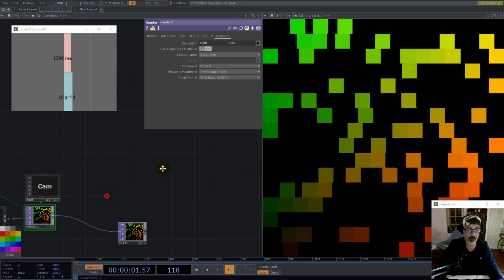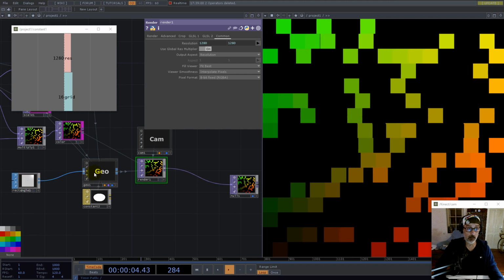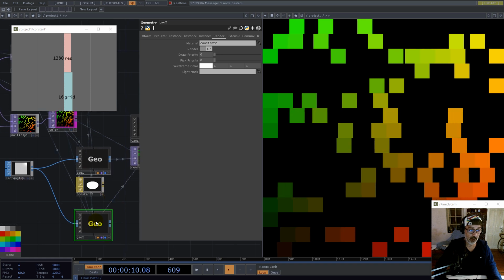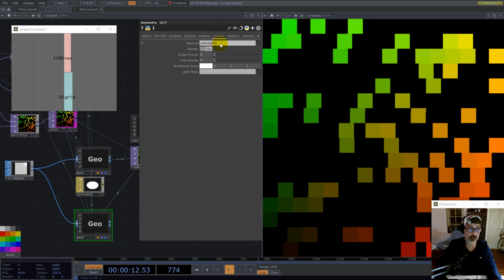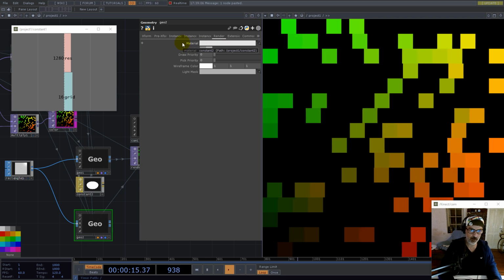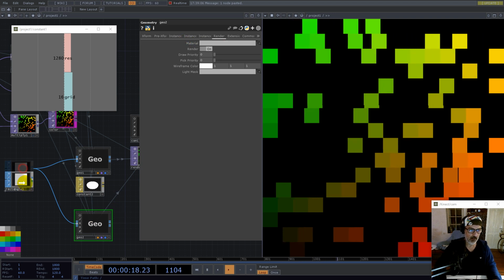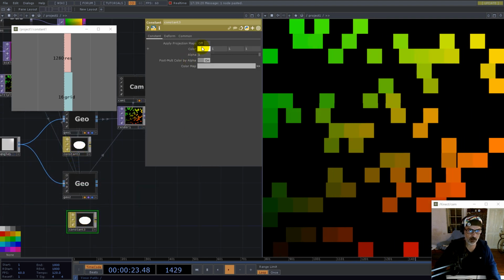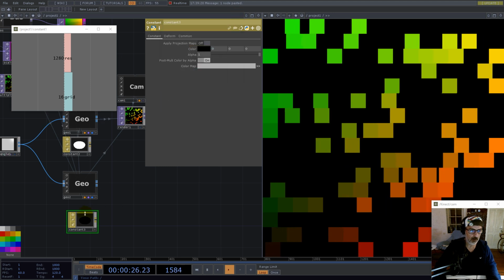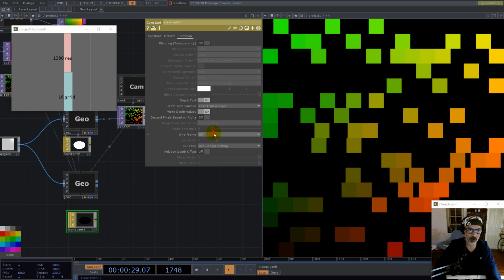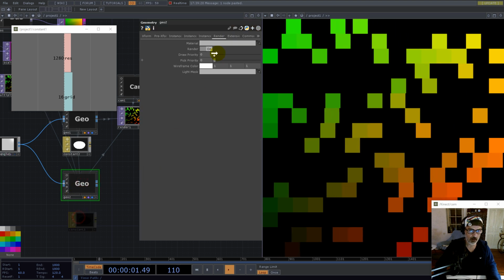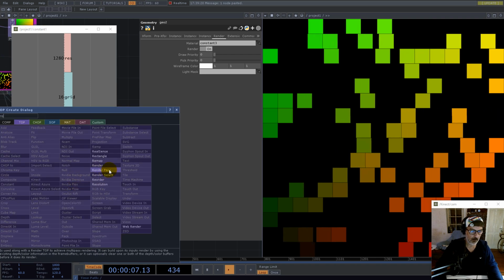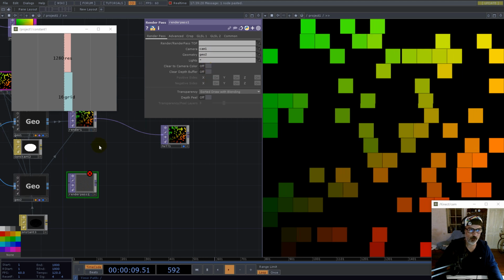What I like to do instead is have another geometry. Okay, and for this I don't need the material. It's good if this is black. Okay, or yeah, maybe I need a constant, and I'll set this to black, and I go here and go with topology. Okay, let's go with this,